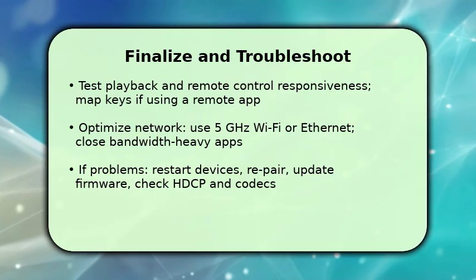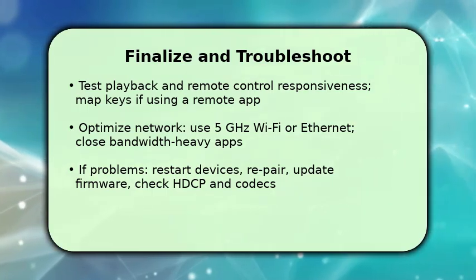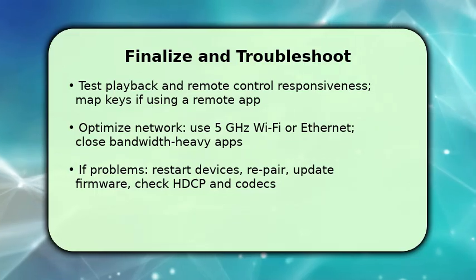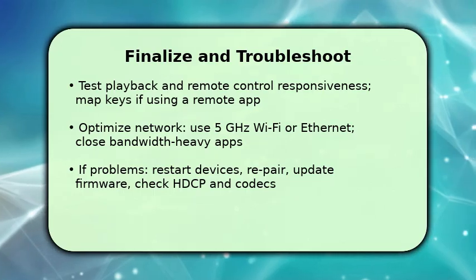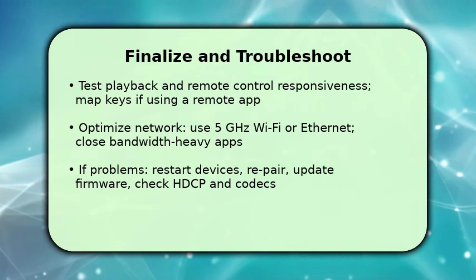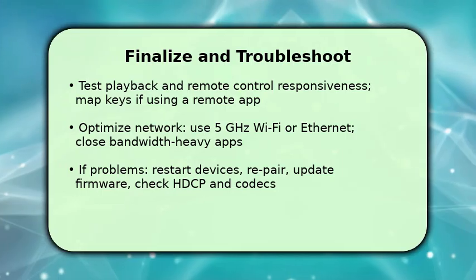To stabilize performance, prefer 5 GHz Wi-Fi or wired Ethernet and close other high-bandwidth apps. If something fails, restart TV and PC, repair Bluetooth or reconnect the cast session, and update firmware and drivers. Check HDCP and codec compatibility for protected content. This final sweep completes